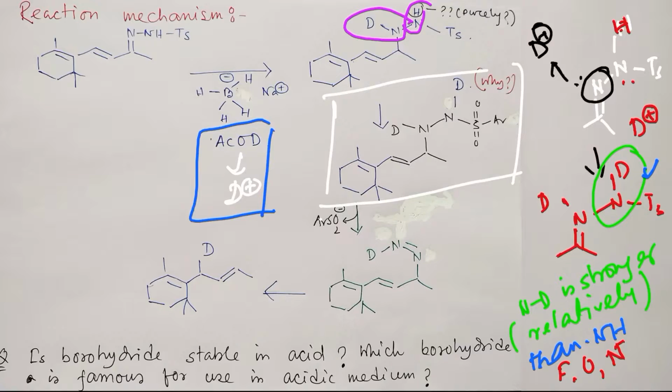In the next step, what is expected is that this nitrogen has a lone pair, and by the way, you may think, sir, how is this carbonyl group reduced in the reaction medium? It's a deuterium. So after protonation, means after N-D attachment, this carbon center will become more electrophilic, because a proton is attached, positive charge attached. So consequently the borohydride's hydride anion will go and attack here and reduce this, and it will be neutral because nitrogen has a positive charge on it after deuterium attachment. So right now it's neutral, and there is one hydrogen, and this hydrogen came from the